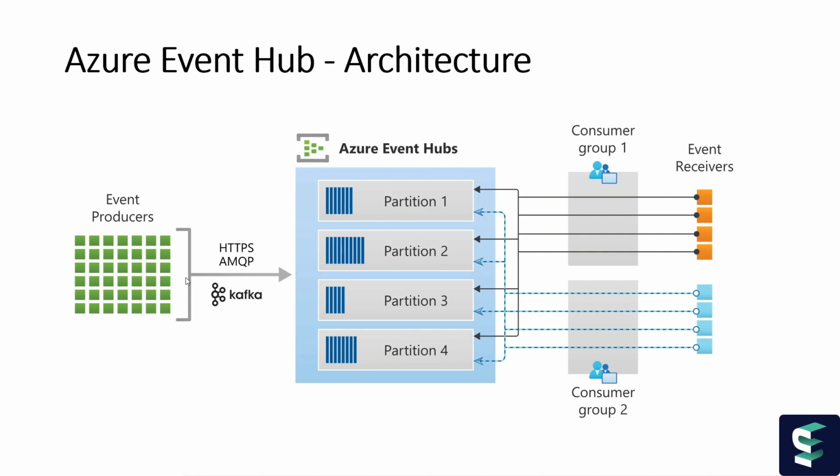To start with, it has mainly three components. One is called the Event Producer, the second is the Azure Event Hub, and the third is the Consumer Group. Before we understand the components, an Event Hub is basically a streaming service which can process millions of events per second. It has a clear advantage over other service buses like queues and topics, as it can manage and process a million events per second in parallel. You can check the other video for more detail.